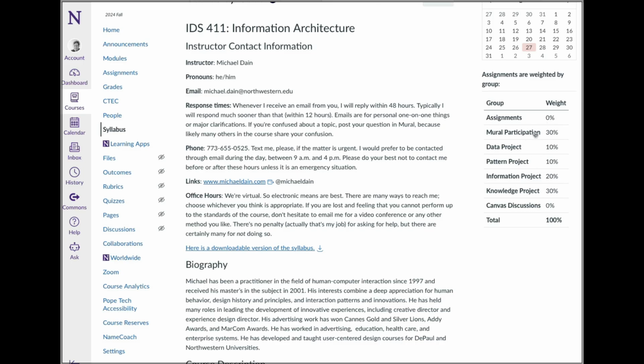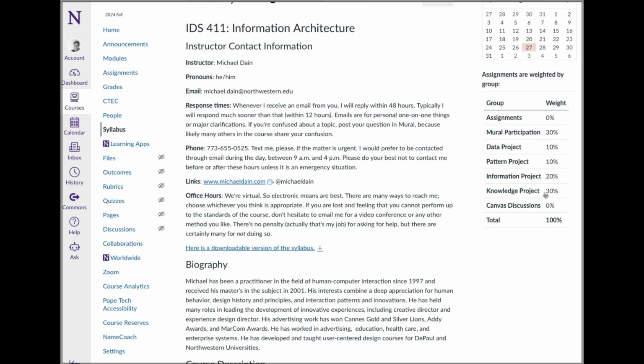One thing you might notice is Mural participation, which is, I hope, pretty easy for everybody to accomplish, is a pretty decent part of the grade, which is terrific. Each of these projects, some of these might be kind of hard, so I'm using them to challenge you. I'm not using them to really make you worry if you make mistakes, because you will. The topics are hard, but you can see here the things that I consider to be easier,